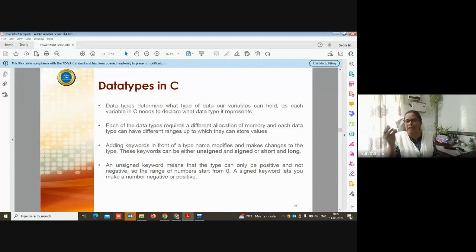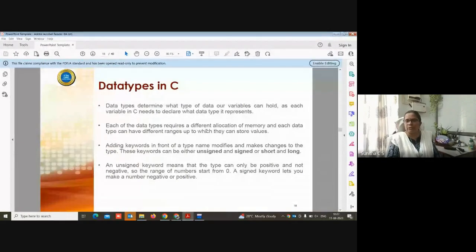The data types determine what type of data the variable can hold, and every language has its own data types. Each data type requires different memory allocation, because everything we use in programs is saved in the memory, right?